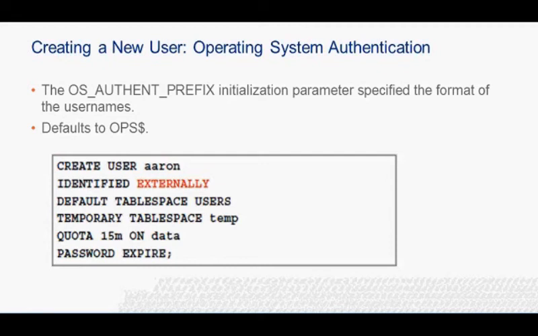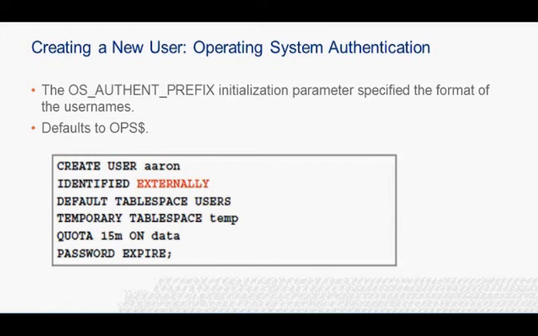This specifies that operating system user Aaron will be allowed access to the database without having to go through any validation by the Oracle server. Thus, to use SQL*Plus to log on to the Unix system, user Aaron needs to enter the following command from the operating system: sqlplus /. Using OS_AUTHENT_PREFIX equal to OPS$ gives the flexibility of having a user authenticated by either the operating system or by the Oracle server.